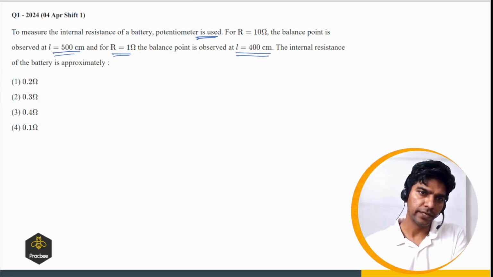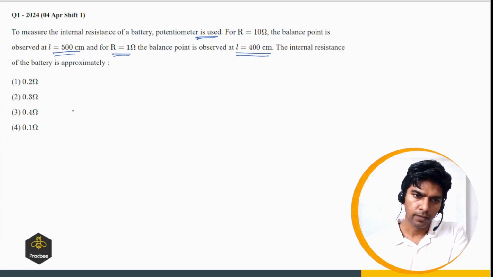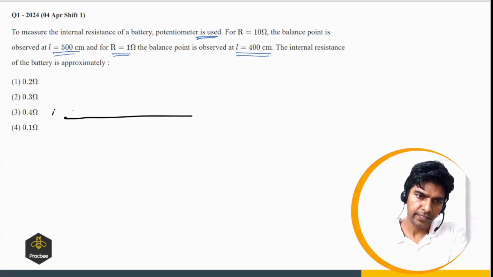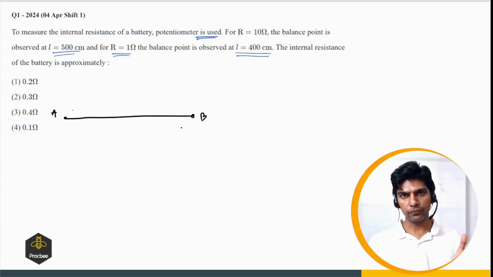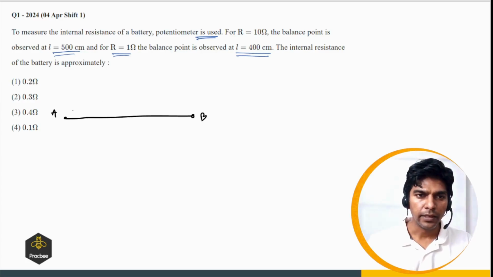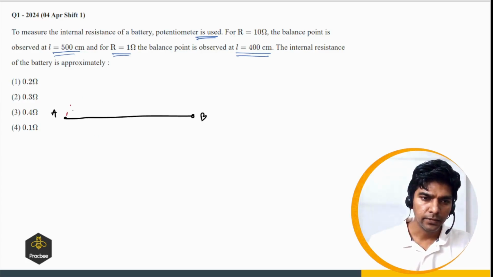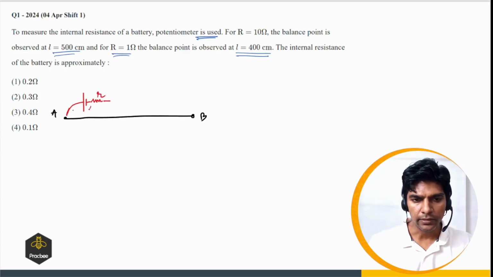Okay, let me first draw the diagram here. Let's say this is the potentiometer wire, and this end is A and this end is B. In a potentiometer, we have a long wire, it can be 5 meters, 10 meters long. And in the secondary circuit, we have a cell whose internal resistance we need to calculate, right? So this is r and this is E, and there is a